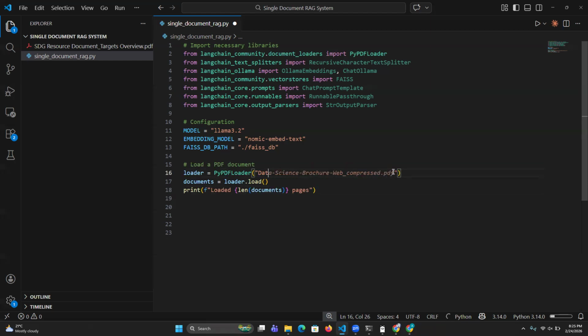I should remove this one. Let's first make it empty. Now,